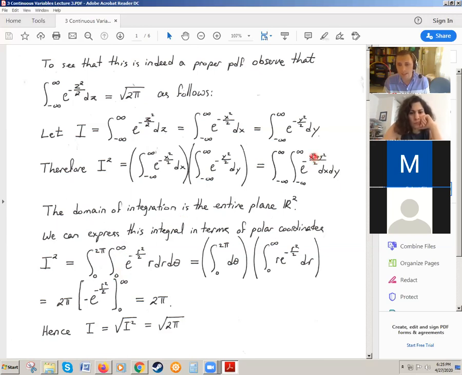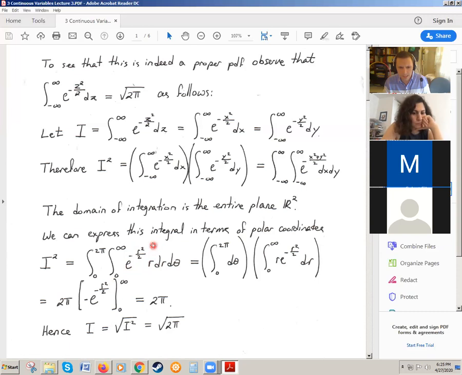Then I replace x squared plus y squared by r squared, because root of x squared plus y squared is r. So this is minus r squared over 2. And then I have to not forget that if it's polar coordinates, again, I'm hoping that you remember integration and that you don't need a review for it. When you change to polar coordinates, you have to multiply by the corrective factor r. So I have r dr d theta. That comes out as a result of changing variables.